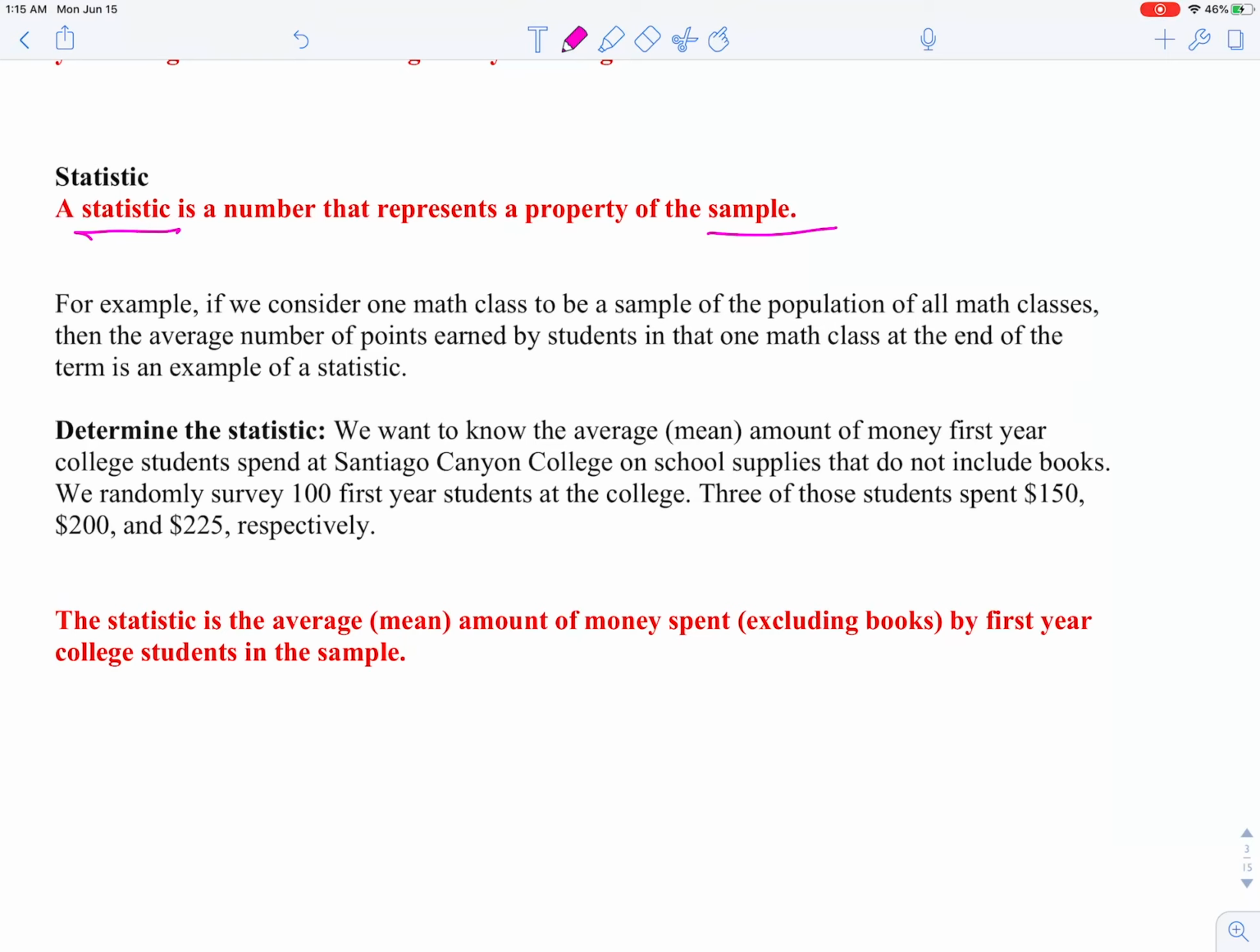Okay, so again, same example that we've been working on here. Let's find the statistic. All right, so the statistic is the average amount of money spent by these first-year students, this time in the sample, not in the population, right, in the sample, because a statistic goes with a sample, SS. Okay,